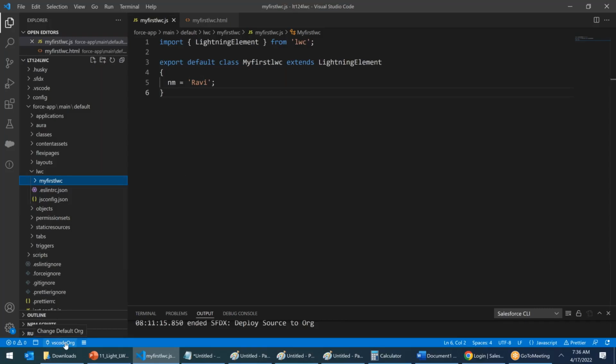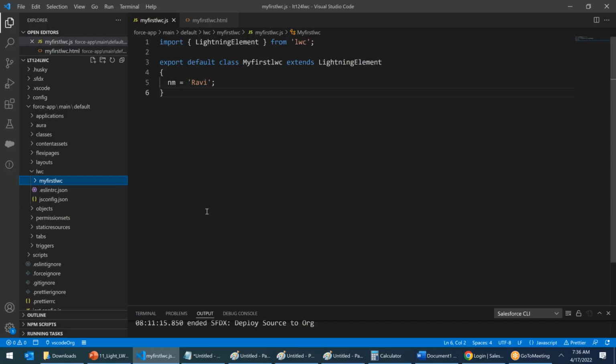I can still see the VS Code org in the blue bar. Now, it has been more than 24 hours. Before I start doing any LWC programming, I would like to confirm whether I'm still connected to LT124